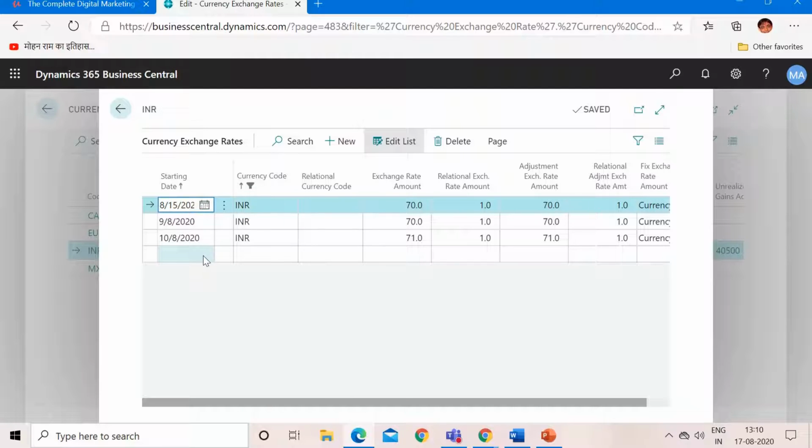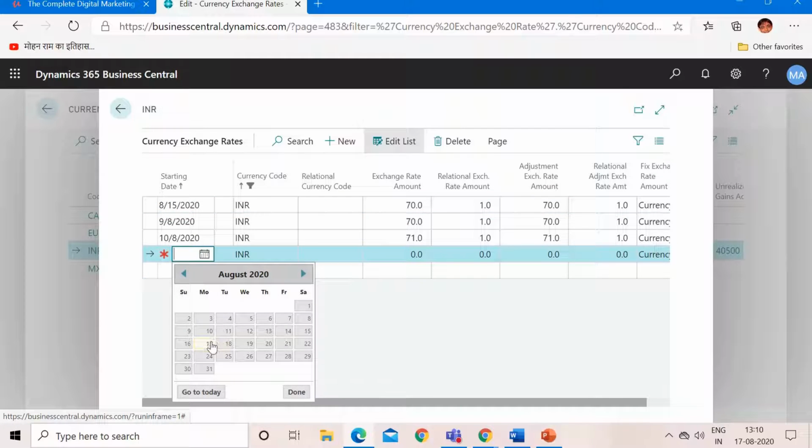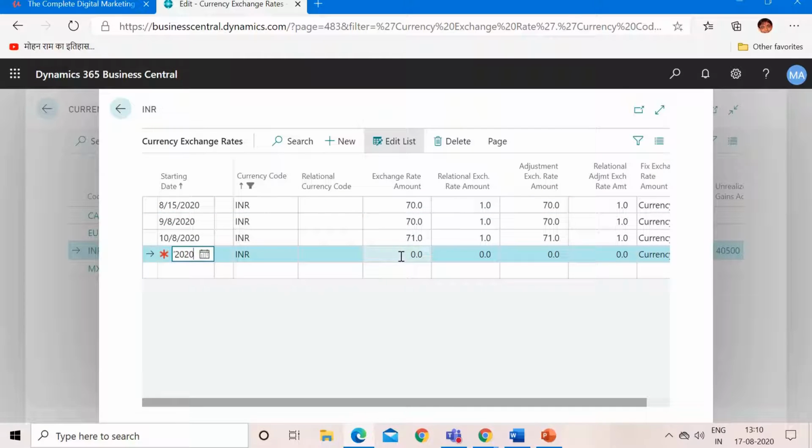But no issue, we will create one new line here for 17th of August, and let's say the rate will be 75. Let me keep it rounded off, so 75 and 75. This is the rate of INR against the US dollar on 17th of August.